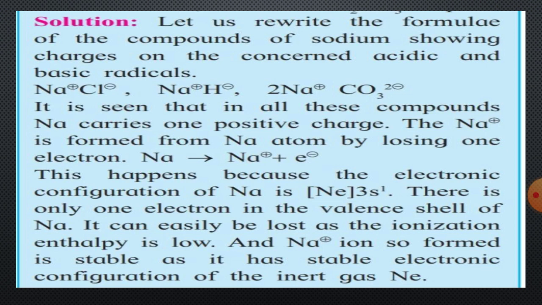Okay, what is the first formula? It is NaCl. In this NaCl compound, Na carries a positive charge. The positive charge is your cation. Okay, when any element carries a positive charge, it means it is getting converted into a cation, and the elements which carry a negative charge are getting converted into anions. Okay, so here first formula NaCl. In the NaCl compound, Na carries a positive charge, Cl carries a negative charge.